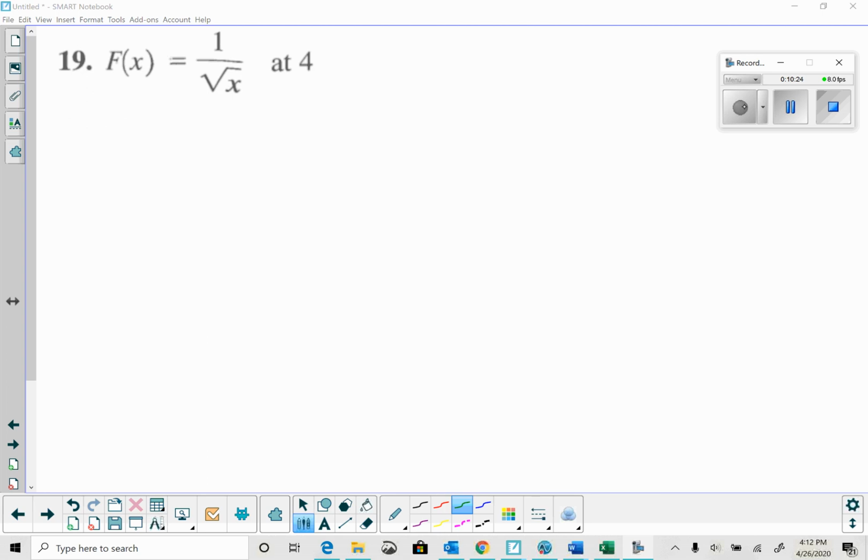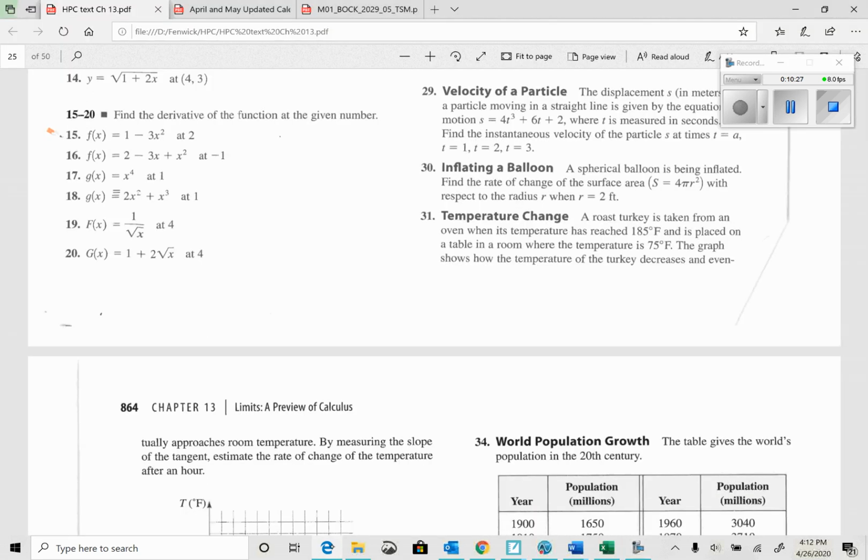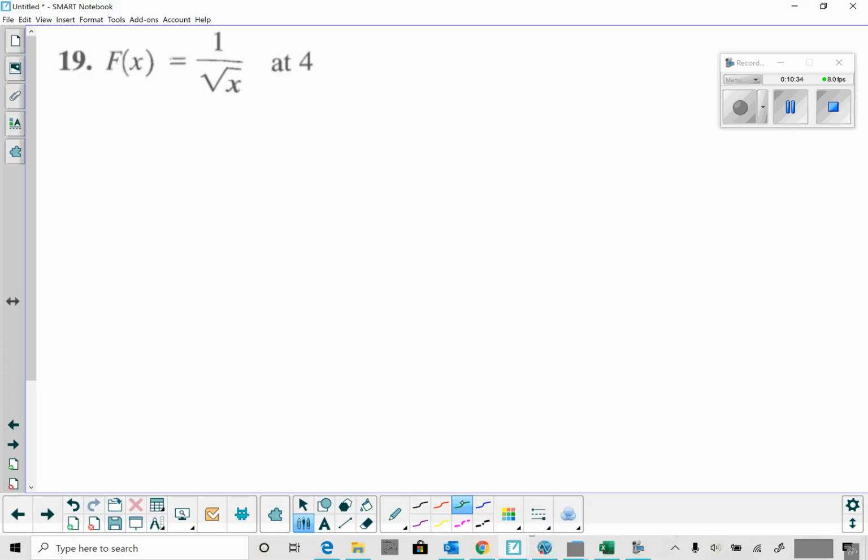Okay, let's take a look at number 19, where the direction said, find the derivative of the function at the given number. So we're going to find the first derivative of f of x is equal to 1 over square root of x. Yay, square roots and fractions at 4. Okay, so all we're going to say here is we're looking for the derivative. Remember, we put that little slash mark there. So we're looking for the derivative of the function at 4,